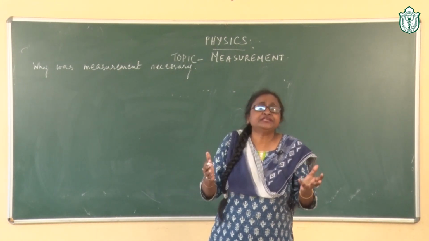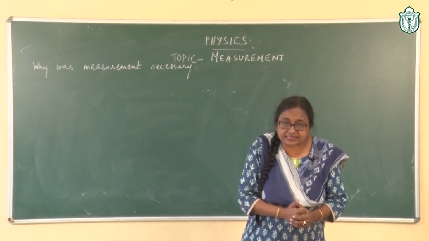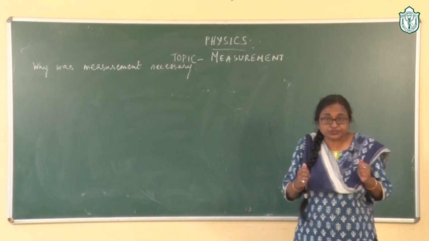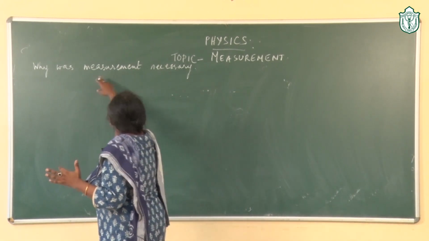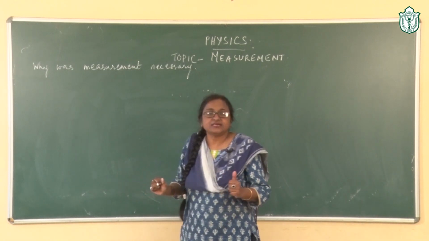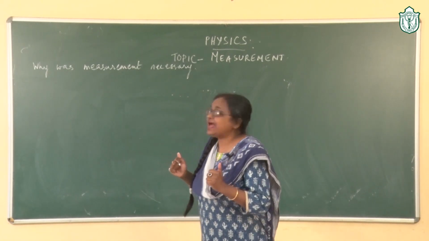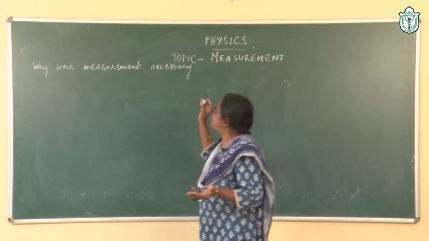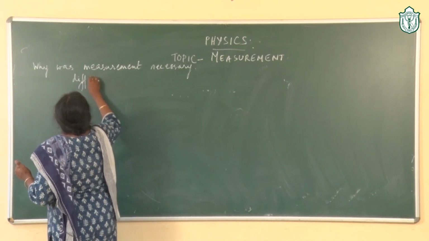Then they needed to trade with others. They needed to know the weight also. So the need of measurement had come into being as a matter of different life activities,